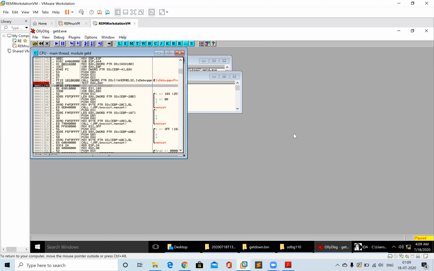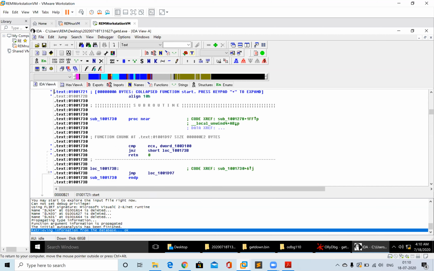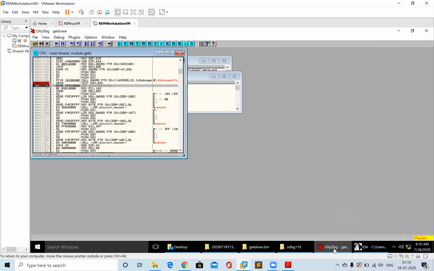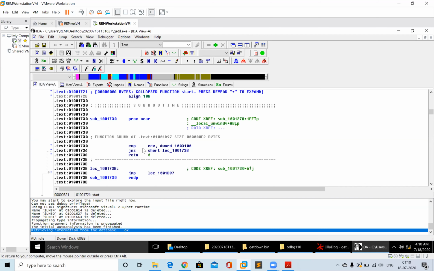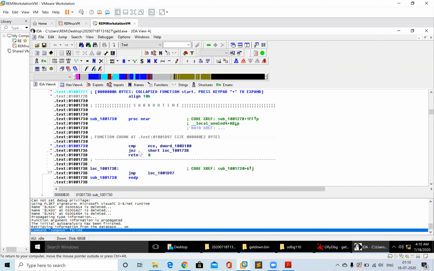So what we can also do is go to IDA Pro quickly, go to the IDA view, go to the functions and see what the function name was. The function name was jump_not_0 A31460. So let's press Z. A31460. Okay.